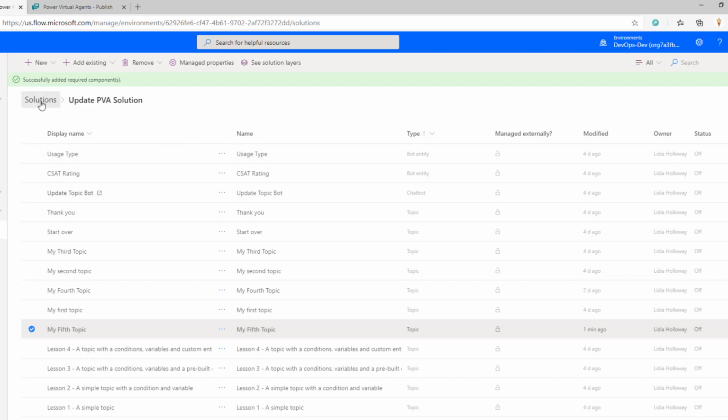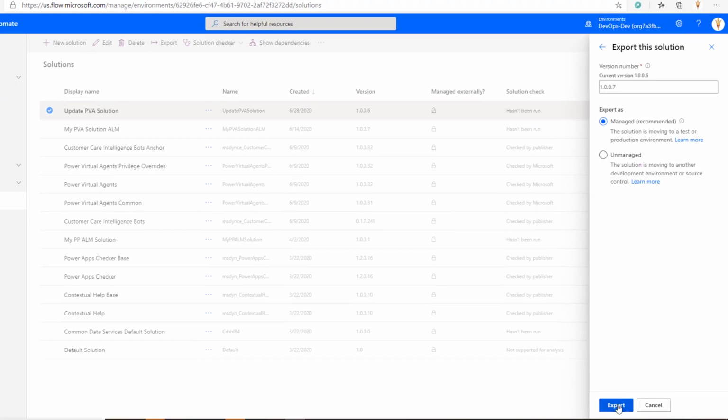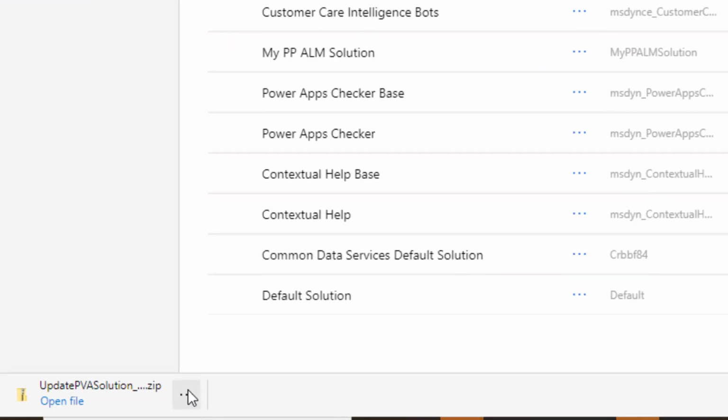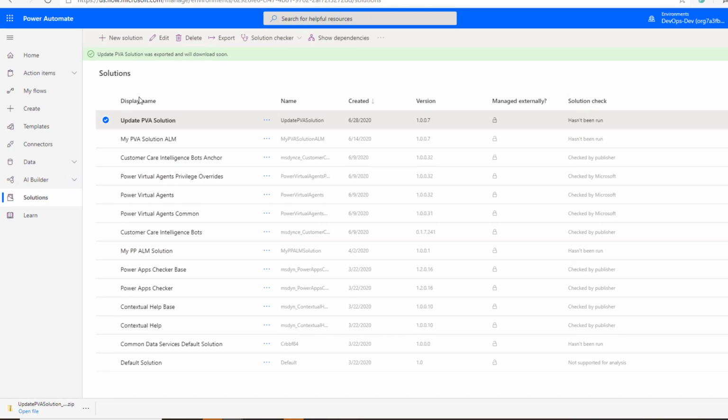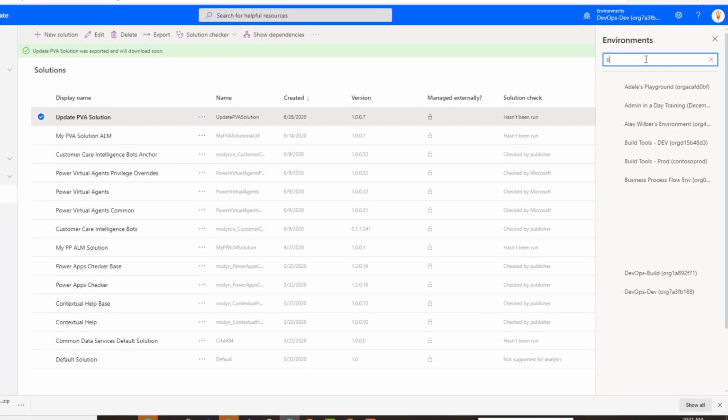So now I have the option of using either of the mechanisms we've showed before in the past to go ahead and export this particular solution. For now, we'll just go ahead and do this manually, but I have tested this with the DevOps ALM and it does work as well. Okay, now we can see we have our exported solution, and I'm just going to grab the path for that specific solution. So let's go ahead and flip over to our new environment,